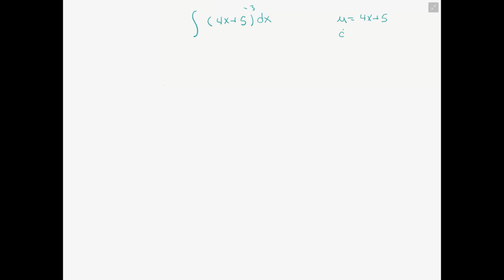The integral of (4x plus 5) raised to the negative 3 dx. This looks like a simple polynomial with a u substitution. So we go u equals 4x plus 5, and du equals 4 dx, and dx equals du on 4. So we end up with 1/4